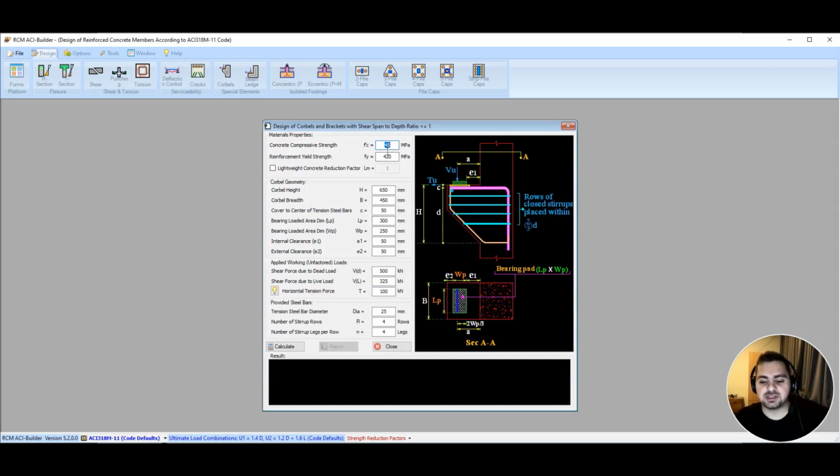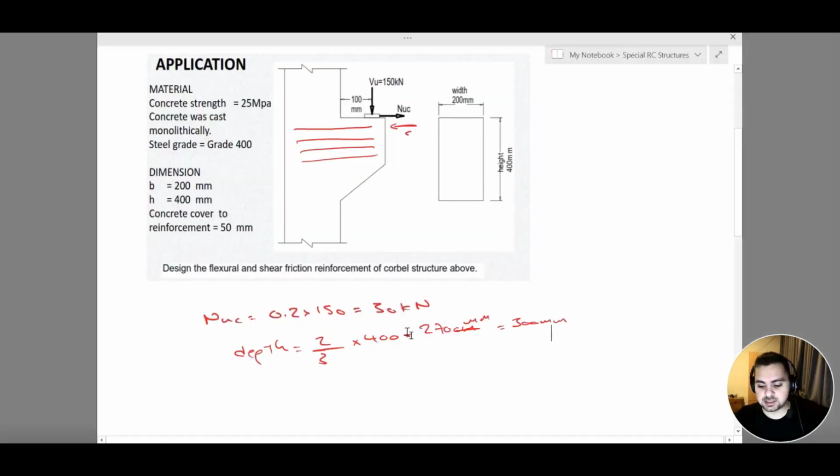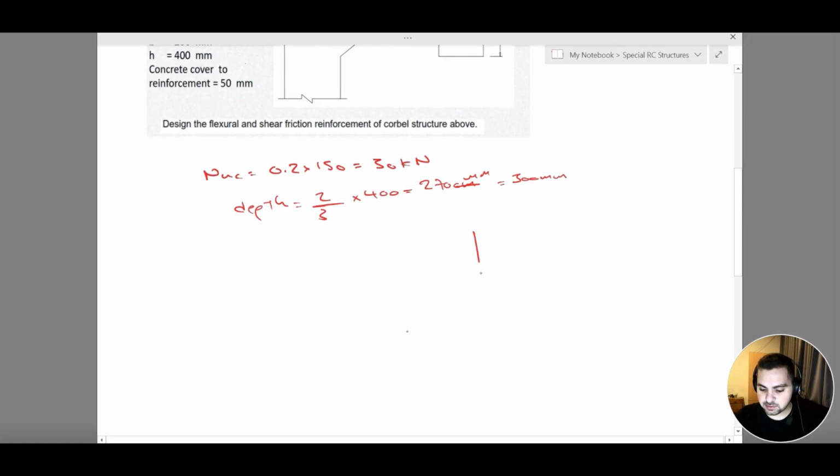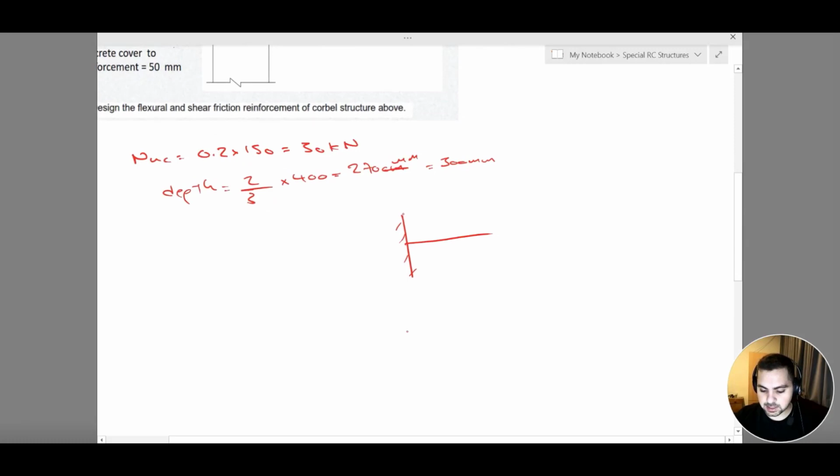First question is F prime C. Our F prime C is 25. Our Fy is 400. Now the corbel height. My corbel height should be enough to resist the bending moment that is being applied on my corbel, and we said before that my corbel is represented as a cantilever, a short cantilever. So the bending moment is going to be max at the fixity, and it's going to reach 0 where my VU is applied, and it's going to remain 0 along the remaining length. So this is basically the bending moment diagram,